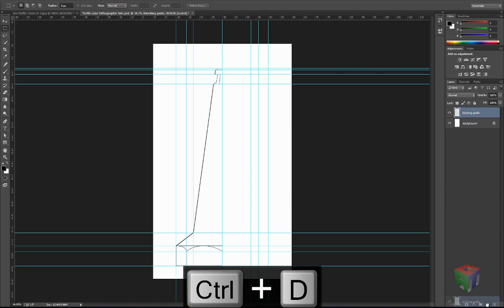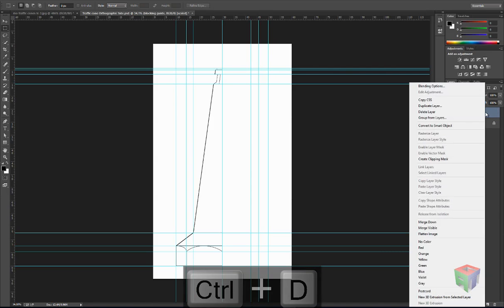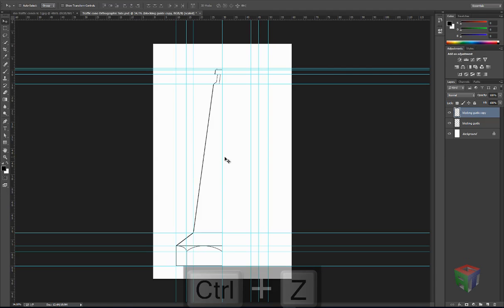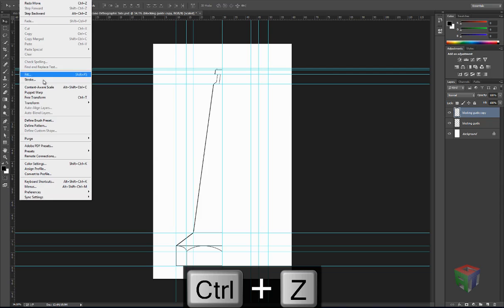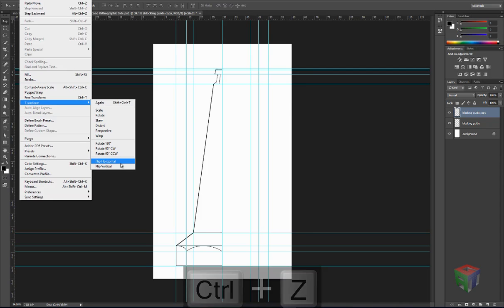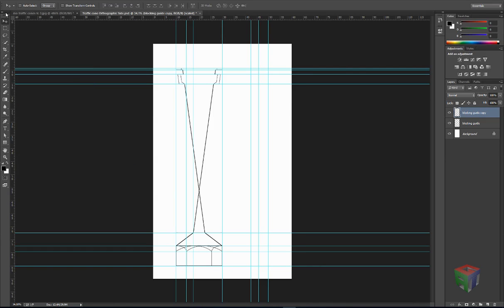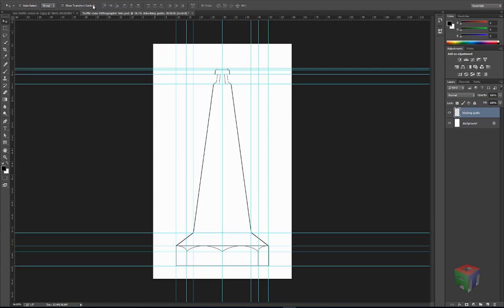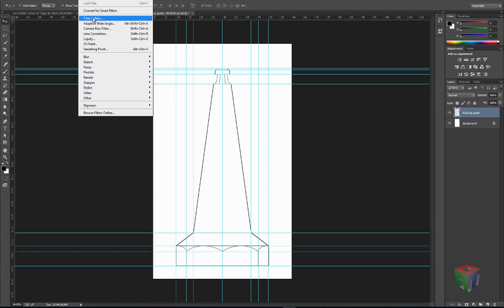Let's duplicate this, so we can either right click and go to duplicate layer, or we can just drag this layer down onto another layer and it will create a copy. Okay, let's move this one over. It's actually in the same place, so let's just go to transform and duplicate horizontal. And there we go, get a better match there. We can merge this one down again there. Now, okay, so filter, let's go to